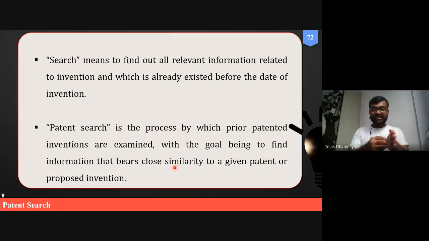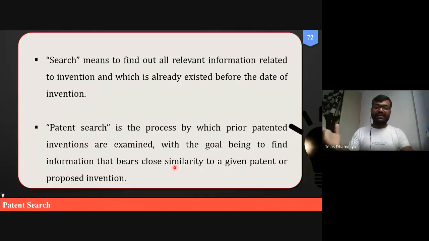Maybe these people have done some amount of work, but your work is not completely co-aligned with theirs. It has a little dissimilarity. Let us say they have used, for example, benzylamines and you are going to use anilines. They have not claimed aniline, so you can work with aniline. So this can be a kind of patent search. I have given this example from a chemistry point of view.